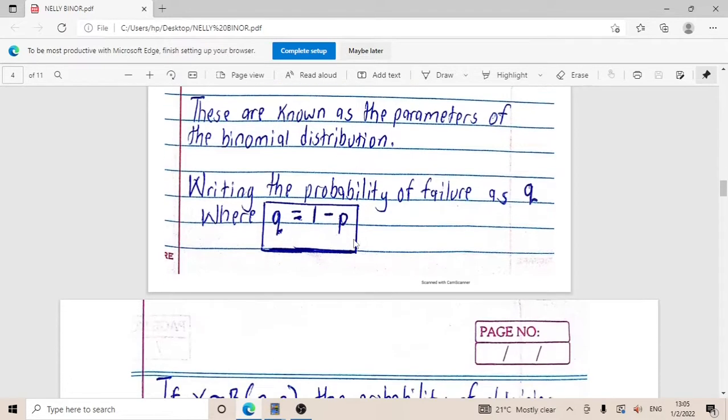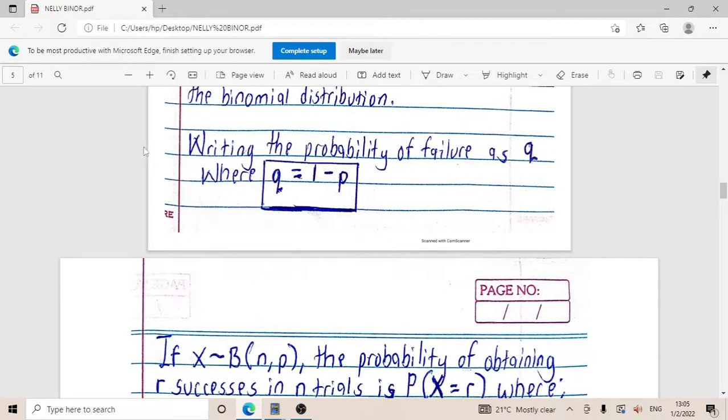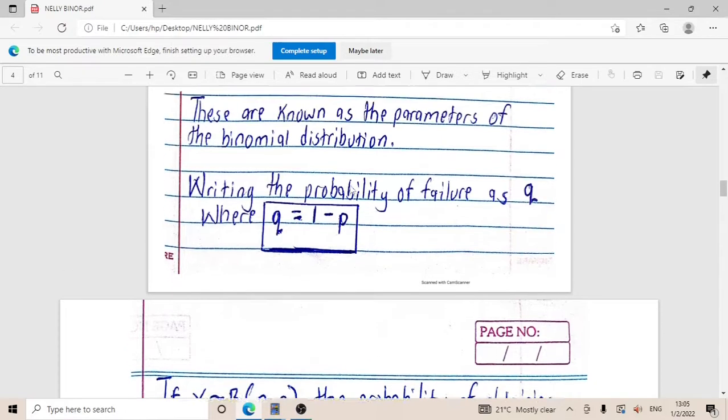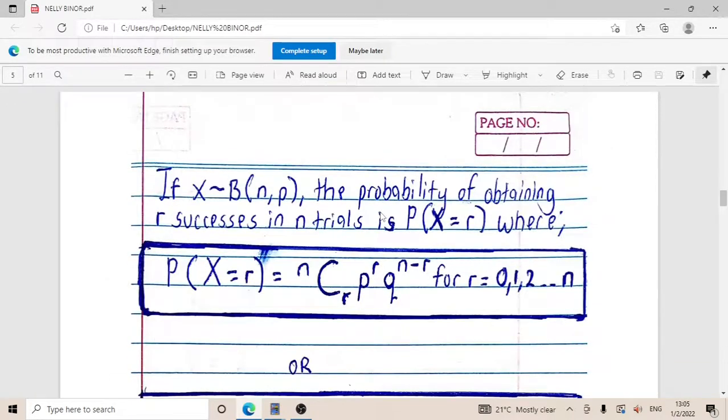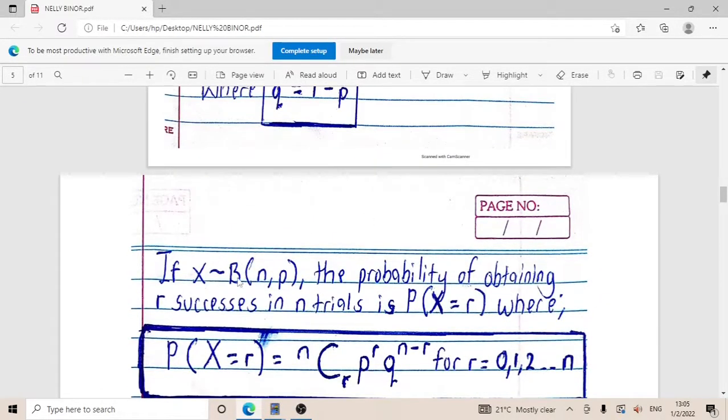Writing the probability of failure as q, where q is equal to 1 minus p, our probability of success. If x has a binomial distribution with parameters n and p, the probability of obtaining r successes in n trials is represented by